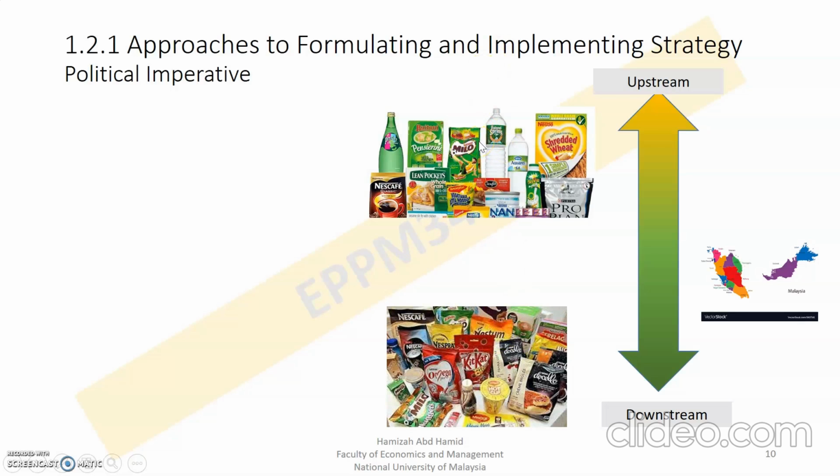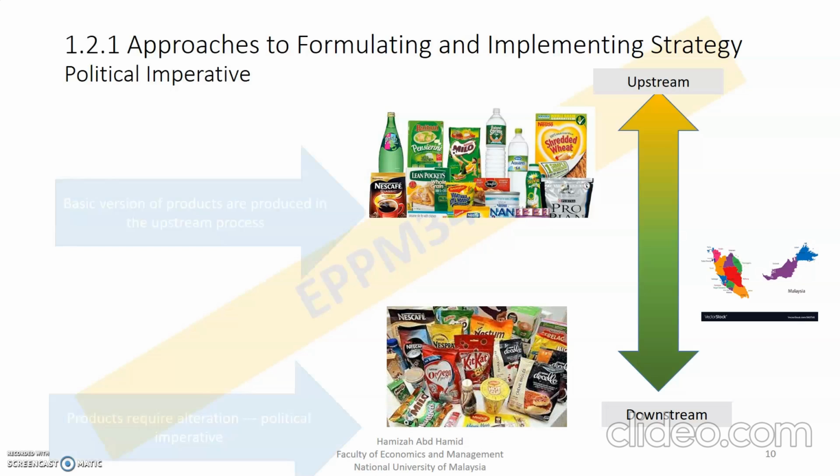Because Nestle is using the political imperative, not all products are being sold in Malaysia. And if some products are being sold in Malaysia, their recipes could be different. The manufacturing process could be different. Why? The raw materials could be different also. Because for companies producing food and beverages, the smart thing to do is to cater to local tastes. Different countries, different cultures will have different tastes. This is influenced by weather, customs, and so on.